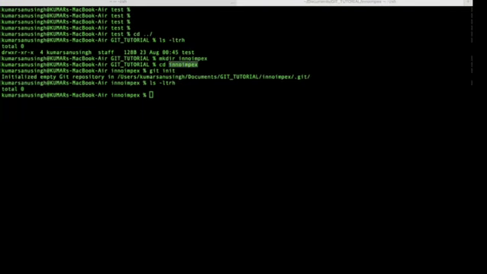The difference is this: in a normal directory, you will not have a file called .git, and in the Git repository, you will have a file called .git. If you see this, .git is here. The repository is here.